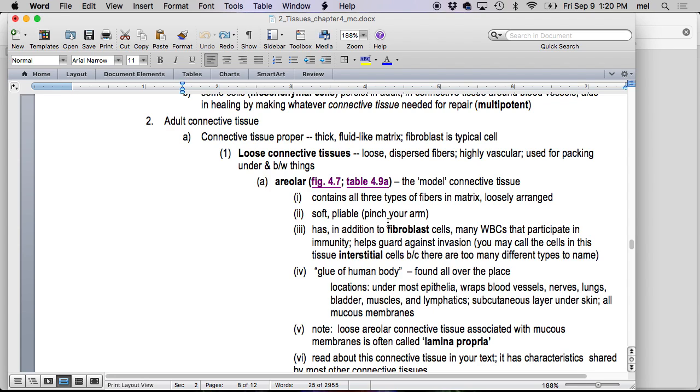That tissue, soft, pliable, you can pinch your arm. Or if you've ever skinned anything, whether it's deer or a fish or a chicken or a human, which I